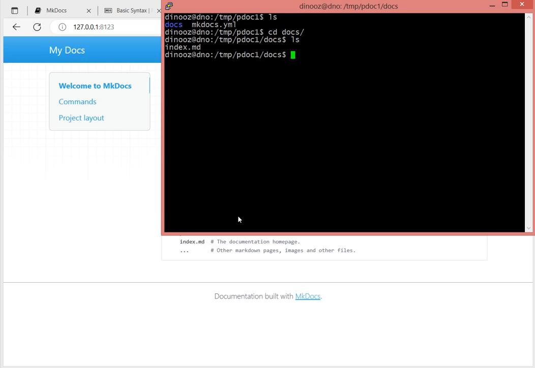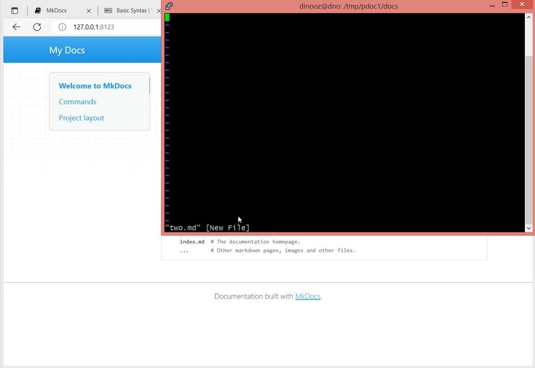I'm going to use vi on 2.md, and write section 2, chapter, paragraph, you name it. If I save this file,